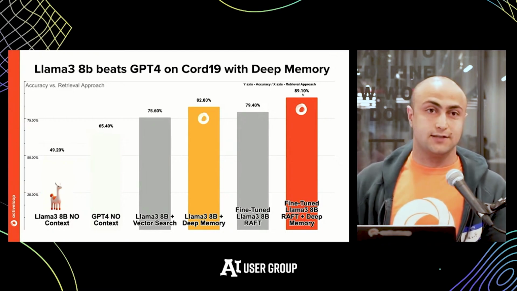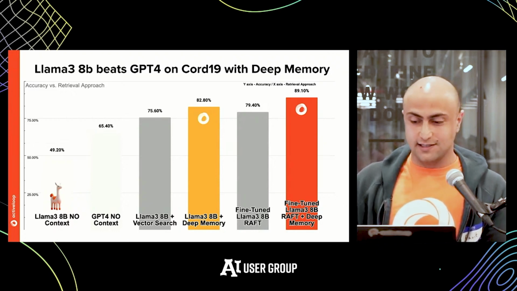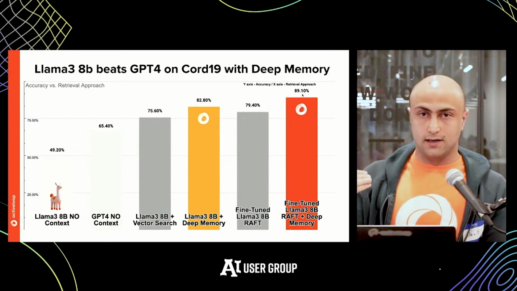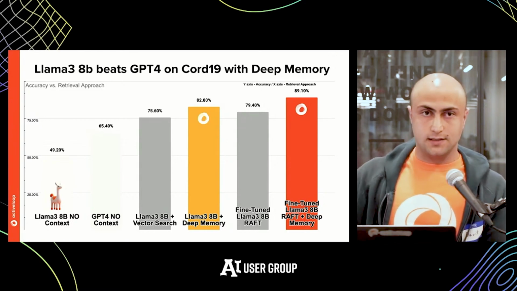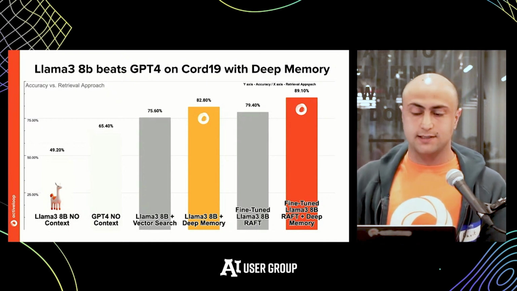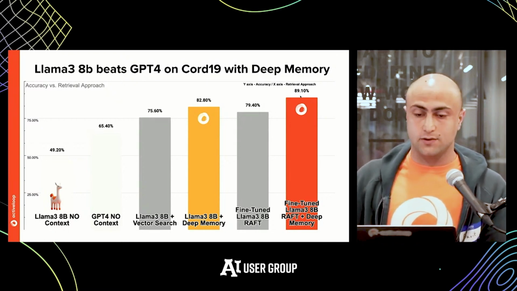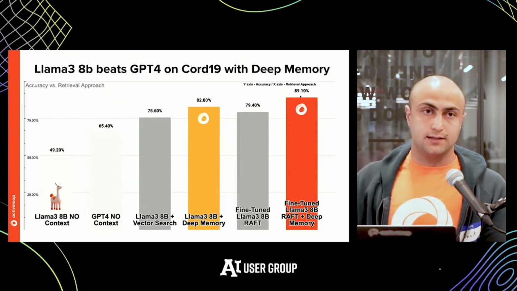Obviously, 89% is not enough to put this into production in any very sensitive applications. But what this gives you is the baseline that you can get started with, and then build your own RAG data engine and start iterating and improving this accuracy to get to 95%, or for some use cases that really require it, 99% accuracy.